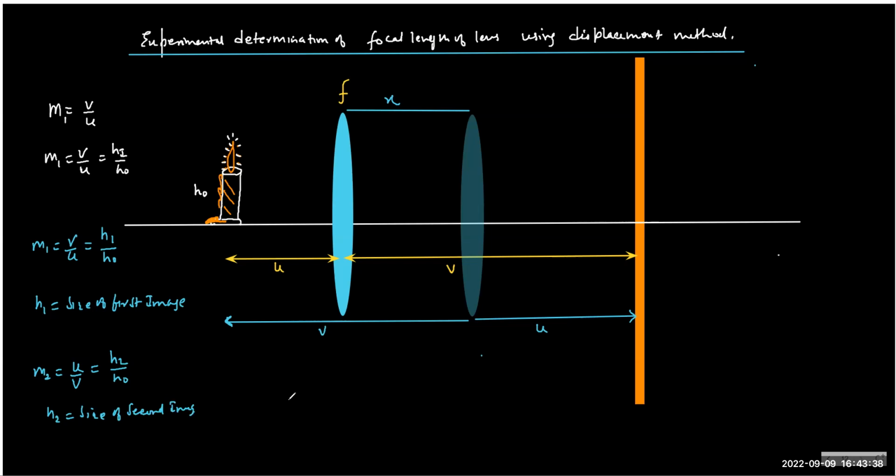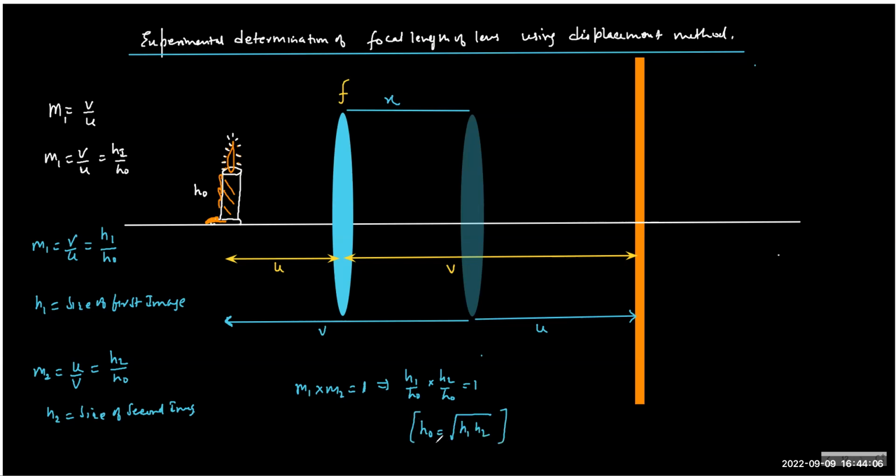And we have a very nice relation. What is the relation? M1 into M2 is what? 1. Because M1 is the inverse of M2, isn't it? And this implies H1 by HO into H2 by HO is also 1, which is in a way a blessing, because you can exactly find the height of the candle,